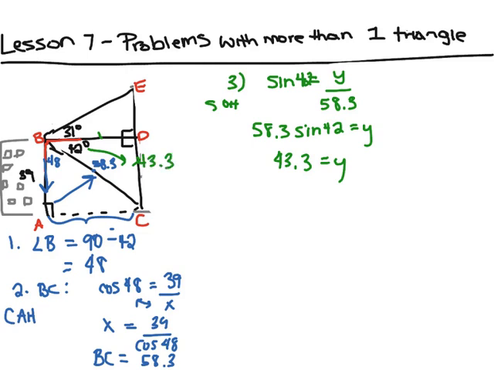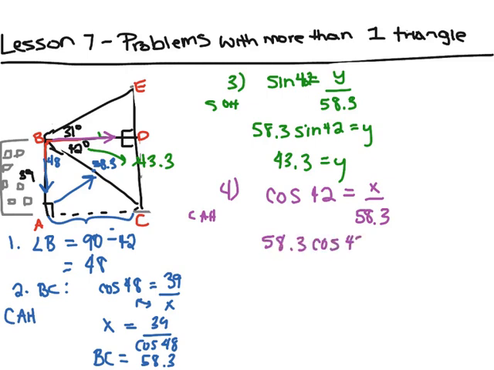Now we know half the building size, so we need to find that other half. So we're going to find this side now. So that is our adjacent side from angle 42. So we know the adjacent and the hypotenuse. So we're going to use cos. So cos of 42 is equal to adjacent, which is our unknown, over hypotenuse, which is 58.3. Multiply each side by 58.3 and type it into your calculator. So 58.3 cos 42, and you should get